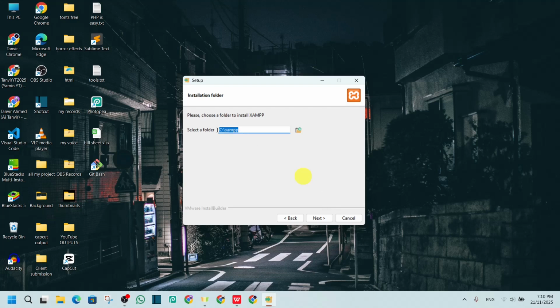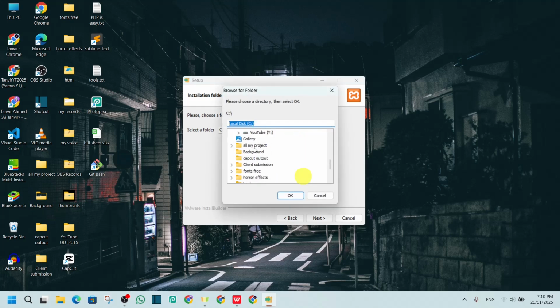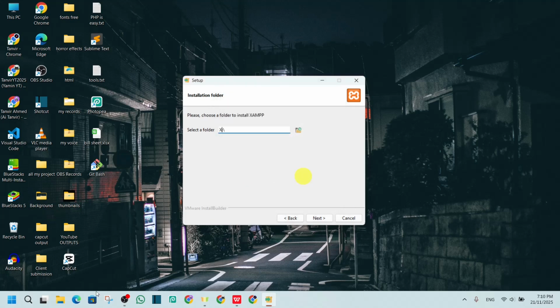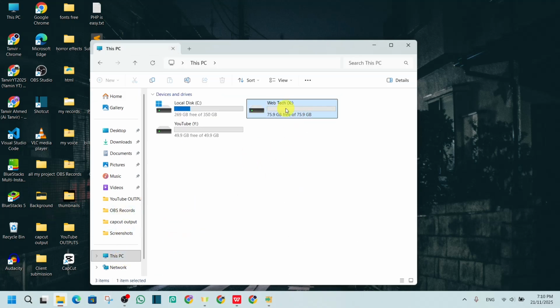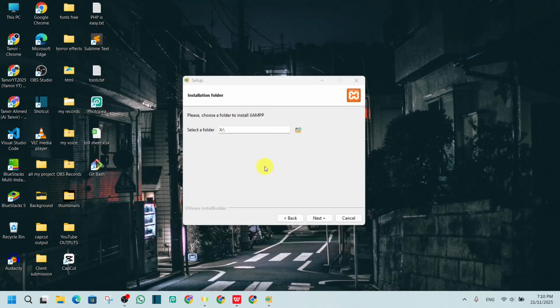By default, you can see this is in the C drive, but you can actually change the drive. So I will go to the new drive I have created, and let me show you. We'll go to This PC, and here we have a drive called WebTech. I will click here, and let me show you that we have the X drive, here you can see, for the WebTech. So here I'm going to install it. Now I'll just type here XAMPP